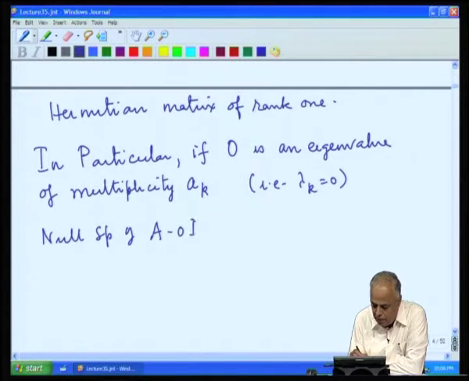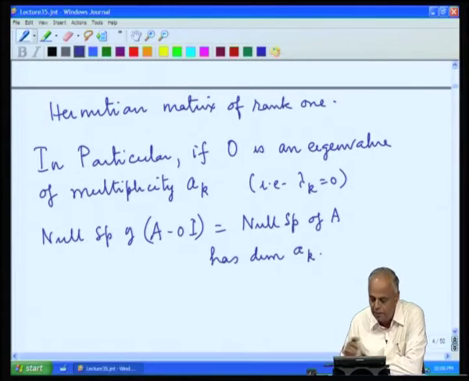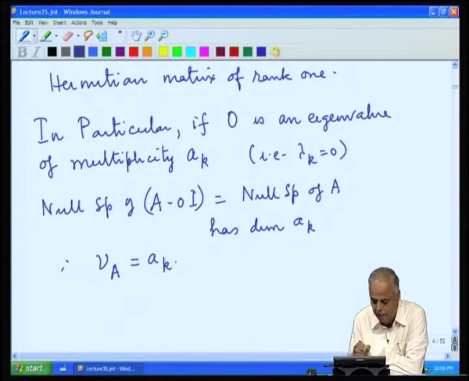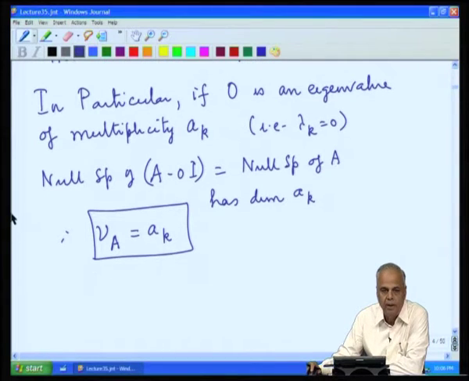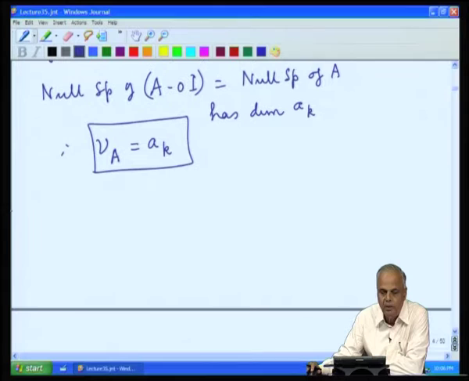So, the null space of A minus 0 I, which is the same as the null space of A, must have dimension the same as a k. But we know that the dimension of the null space of A is nu A. Therefore, the nullity must be equal to a k. So, suppose we have 0 as an eigenvalue, then nu A must be equal to the algebraic and geometric multiplicity